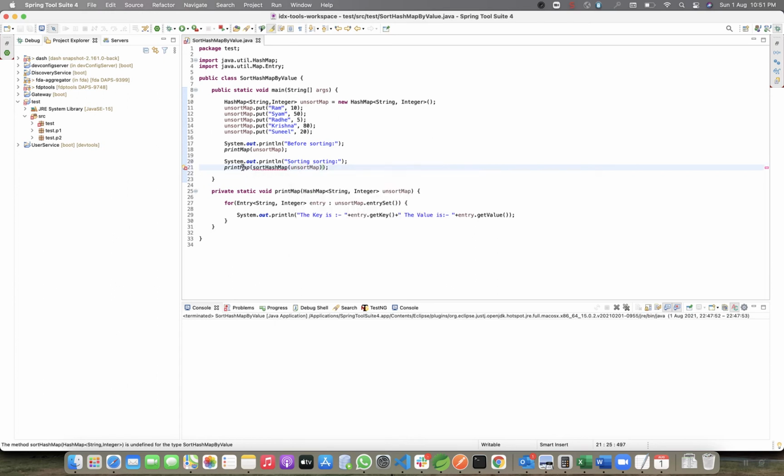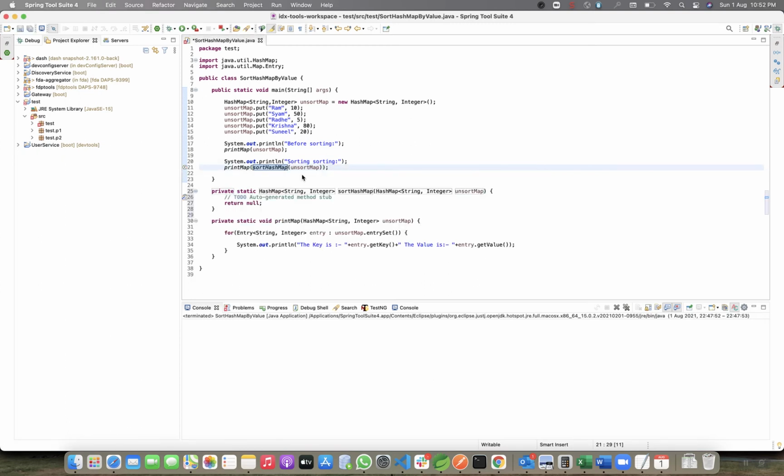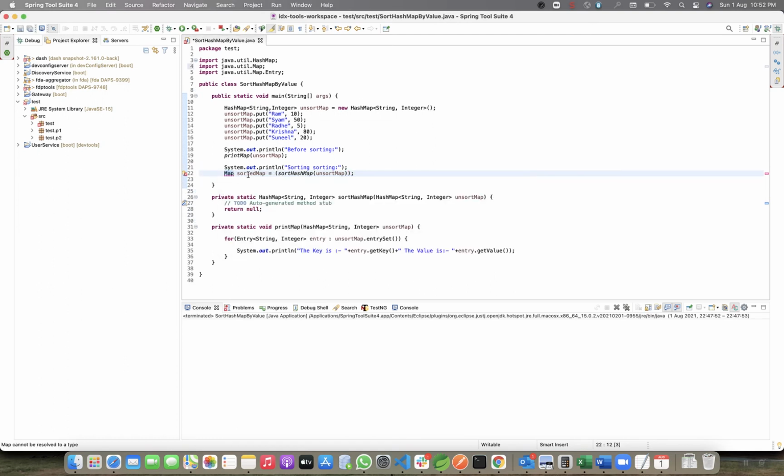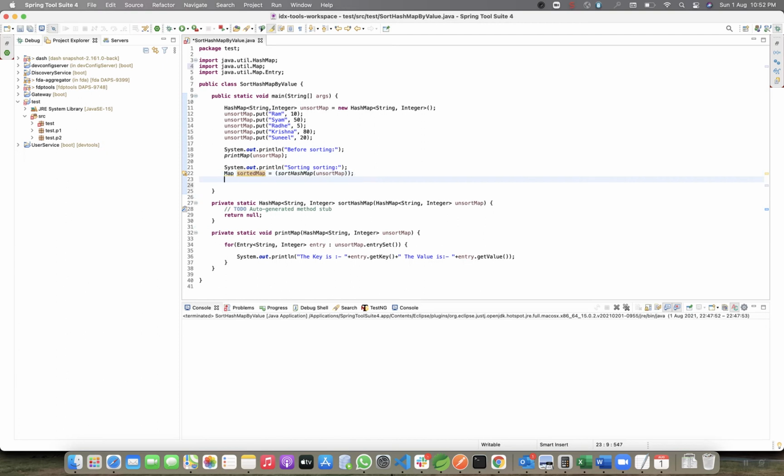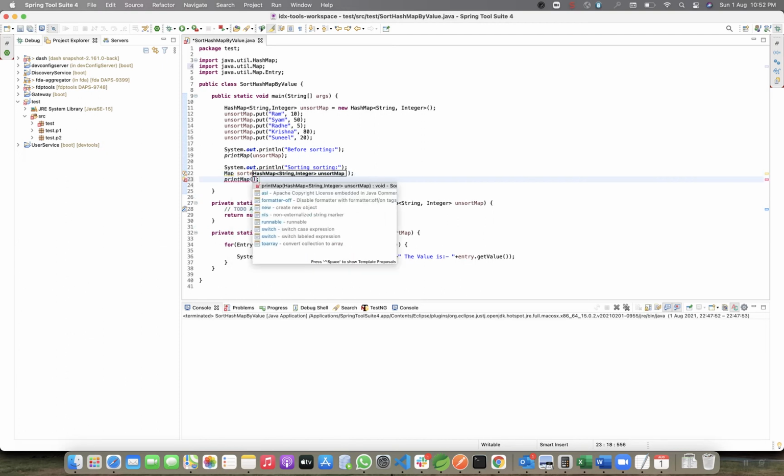It will return a hash map, or I can create a sorted map equal to it, and then we'll call the print map method and pass the sorted map.